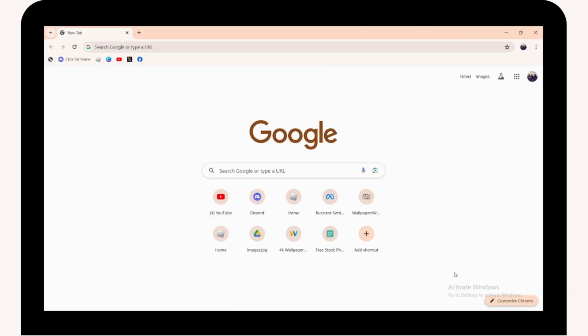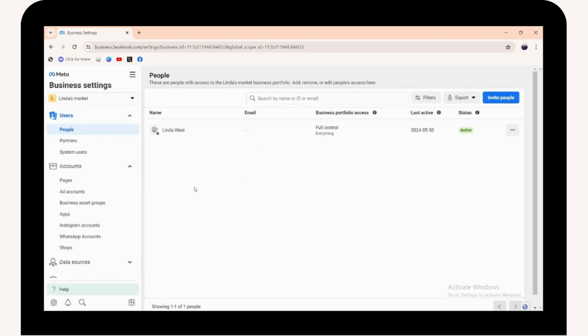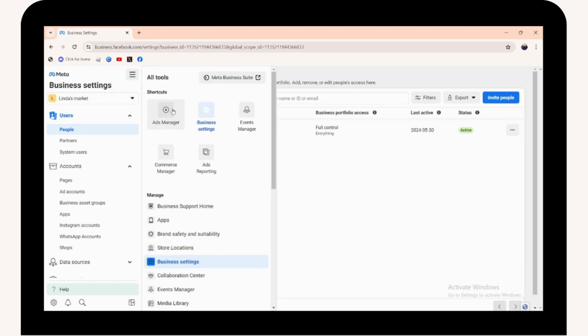So once you're here on the browser, you need to go for the search and search for business.facebook.com/settings. So here, if you have not added Business Manager, then you can simply go for the upper right, which has that three bar icon, and here you will have your Ads Manager, right? So you need to simply go for the Ads Manager,